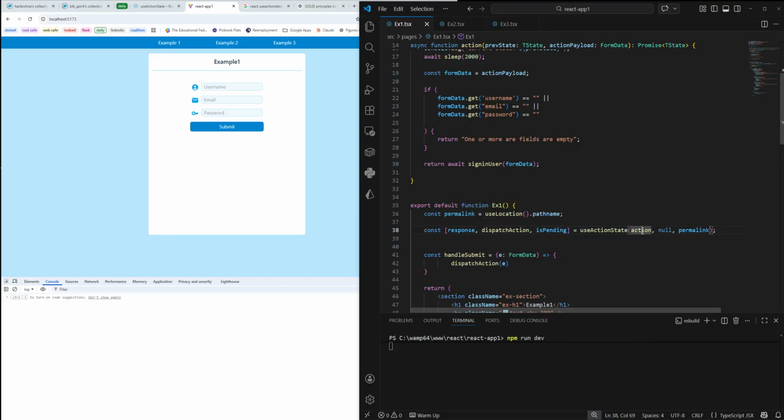One is the action itself, which will perform the asynchronous updates or do any type of form actions that you want, to either update or save information to the backend. Two, the second parameter is the initial state where you can put anything. At this moment, I put null. And three is the permalink. That's an optional parameter, but it's useful if the browser needs to navigate back to the page where the